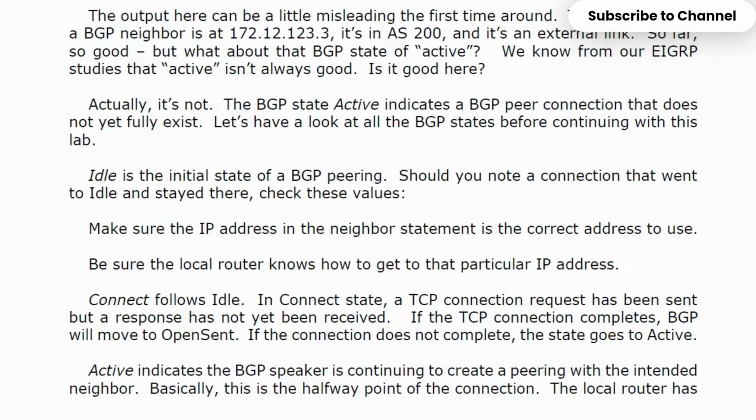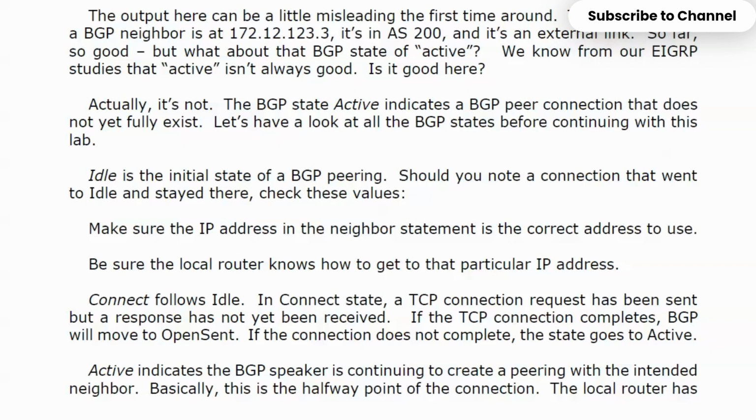Now, connect follows idle. In connect state, a TCP connection request has been sent, but a response has not yet been received. If the TCP connection completes, BGP will move to what we call open sent. If the connection does not complete, the state goes to active, and that's where we are right now. You'll only see connect if you happen to run show IP BGP neighbor at the right time. It's not going to stay in connect state. It might go to idle and stay there for the reasons we talked about, and it might go to active and stay there